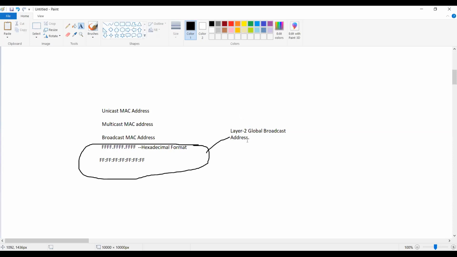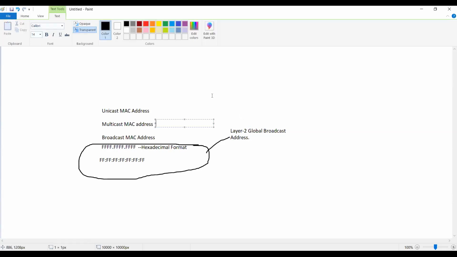Okay, layer 2 global broadcast address, meaning each and every layer 2 device, each and every device will have layer 2 in it. So each and every device will understand what this address is all about. Okay. Now, if we talk about multicast address, depending on the multicast IP,